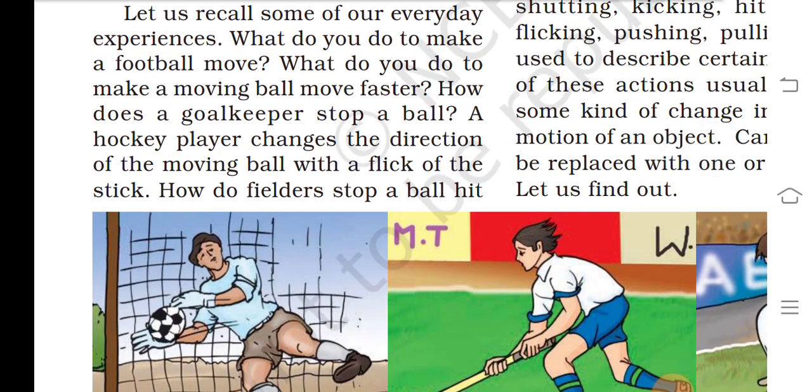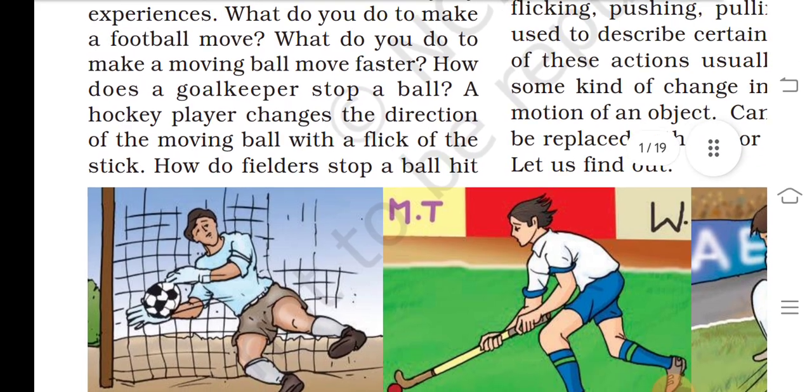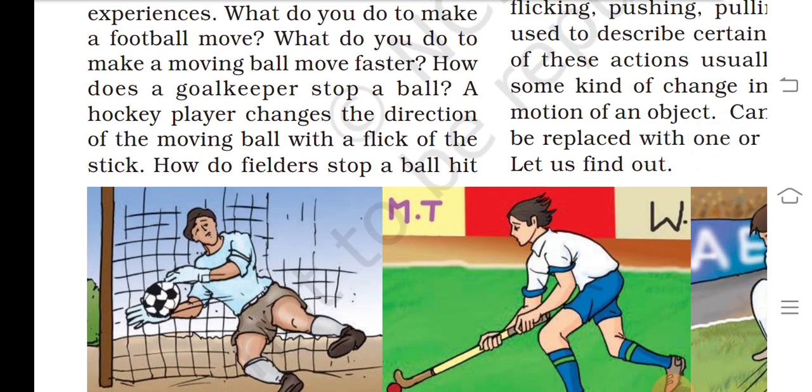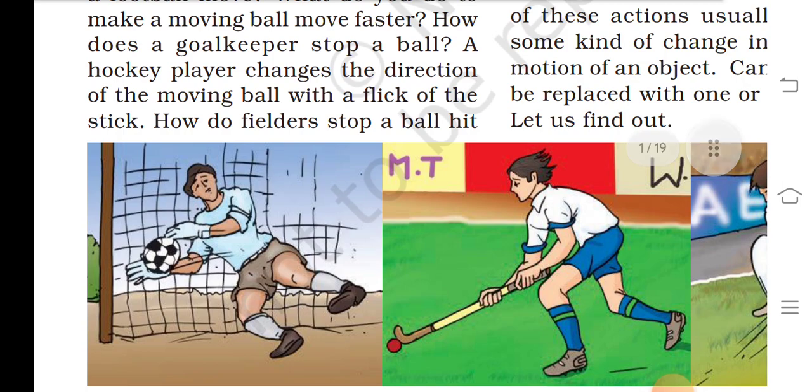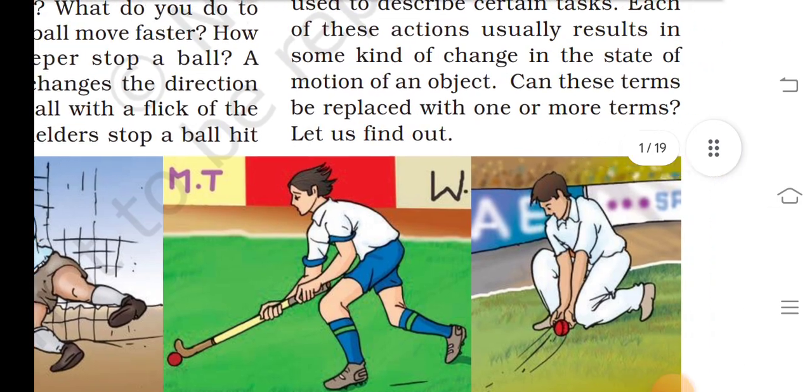Let us recall some of our everyday experience. What do you do to make a football move? What do you do to make a moving ball move faster? How does a goalkeeper stop a ball? A hockey player changes the direction of the moving ball with a flick of the stick. How do the fielders stop a ball hit